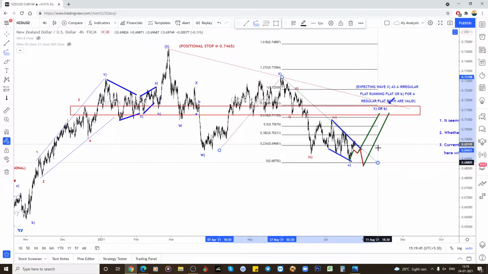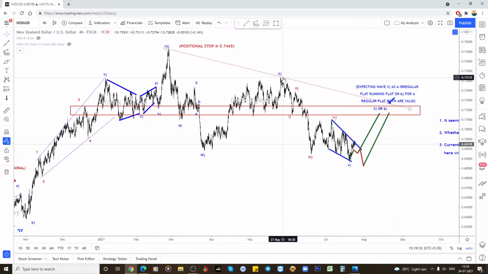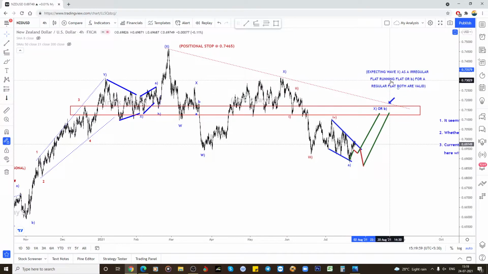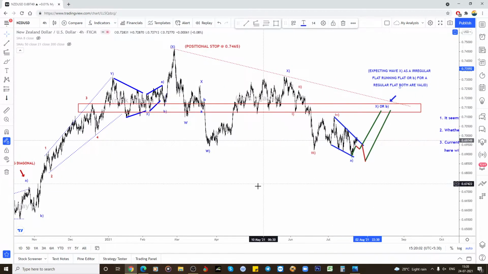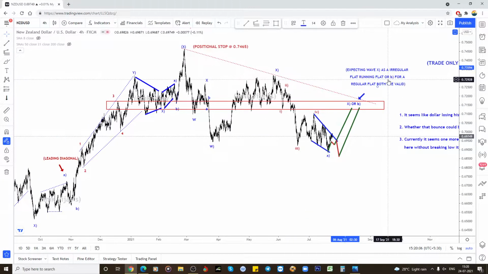So I'm expecting this wavelength from here at 786. I have already explained that this could be 1 2 3 4 5. Previously I did it like that, and whether this is going to make the X, that is why I have written here. Please read carefully all my market commentaries and what I have written here. Try to understand everything, because if it is a W and this is the end of the X, this could be A and B and C, one more downside. But if it is a W, this running flat is an X, one more A, B, C to the downside. But if this